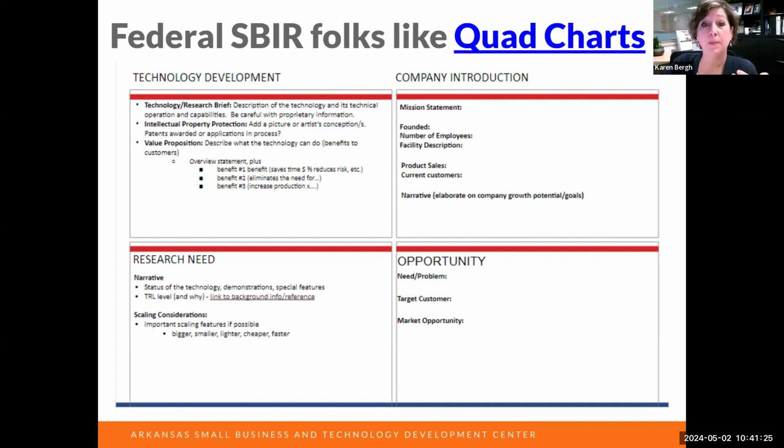So they want to know where you are, how much you've done, what else you need to get done, because the money that comes from the seed funding that I was talking about earlier, the SBIR seed funding, the money comes from helping move you along that spectrum of commercialization or product or process readiness. And that means if you ask for money, you're going to demonstrate what you need the money for. It's usually R&D, and it's usually got milestones associated with it. And you're going to report back to the government what you got done and the significance of the research or the new product that emerged from that R&D or that testing period.